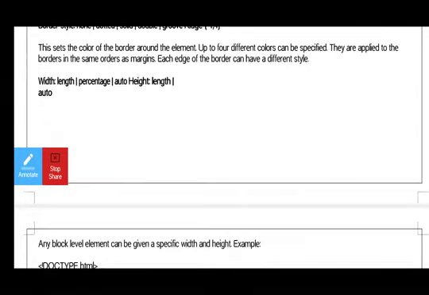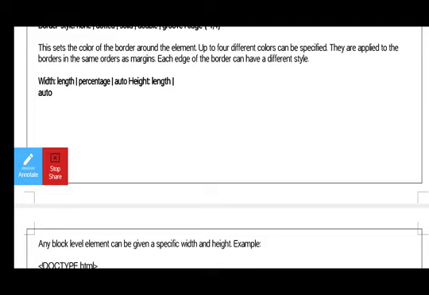The last one is the content area. How do we represent the content? The content is represented in the HTML web page. Whatever content we use in the content area is represented in the web page. First of all, we need to set the width and height of the web page.